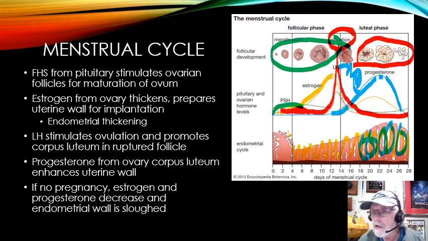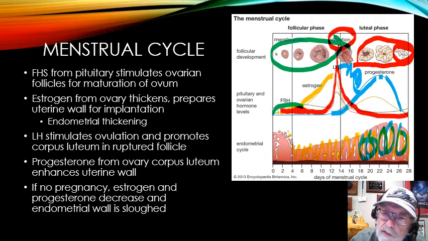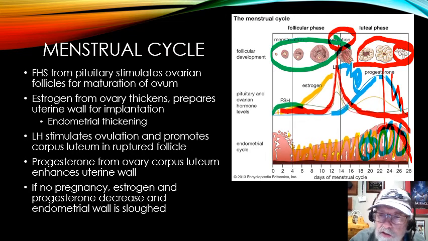On the other hand, if there is no pregnancy, and there is no chorion, the corpus luteum starts to degenerate. We're talking about in here. And what does that corpus luteum do? It helps to make the progesterone. So if there's no pregnancy, the progesterone levels will start to fall. You can see it here at the end, it starts to fall. As it falls, the estrogen says, you know what, I'm going to fall too. The estrogen starts to go down.